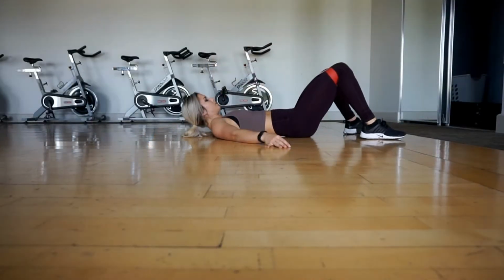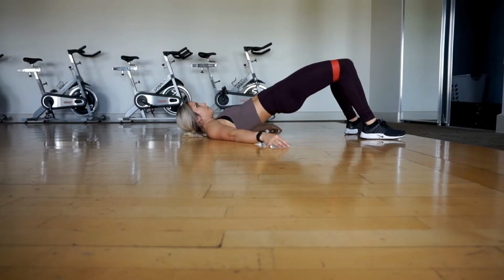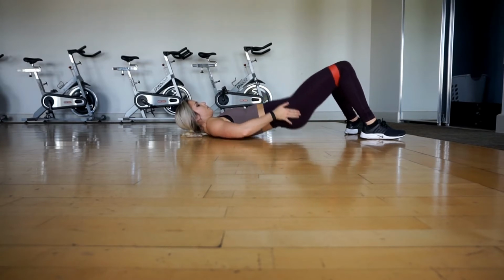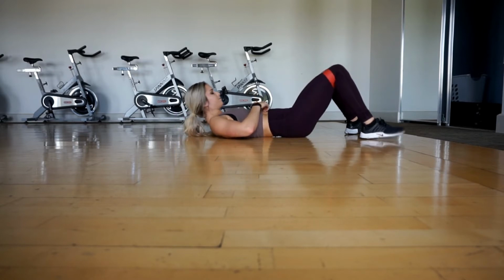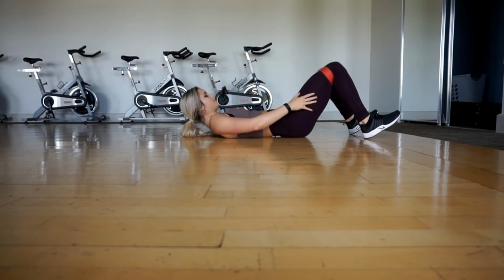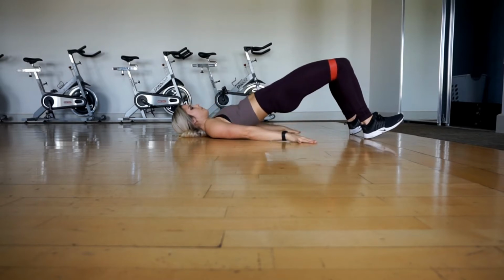So the other exercise we are doing is a glute bridge. This is gonna be great for targeting your hamstrings and also your glutes. So lay down on your back. You're going to take that band. It's still slightly above your knees. You can put a mat down too. I just, for some reason, chose the hardwood floor today, but put a mat down because it's really not that comfortable. Anyway, so glute bridge is also going to be really good for some core stabilization and lower back, but